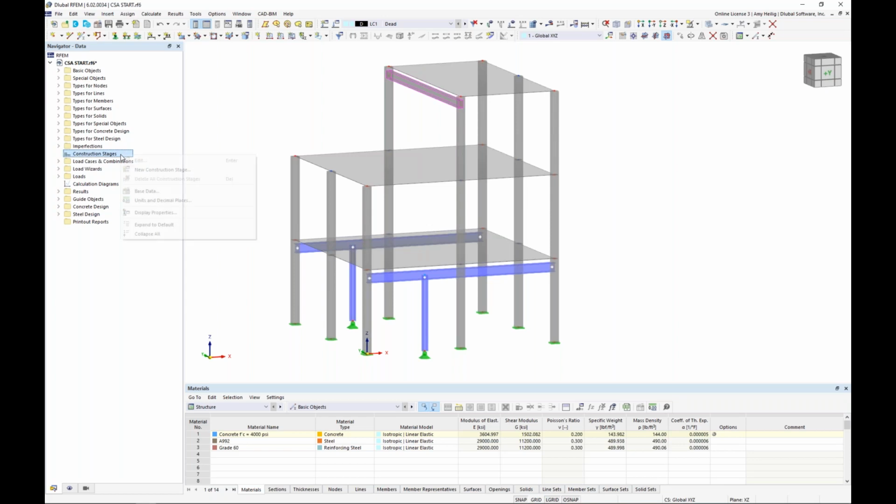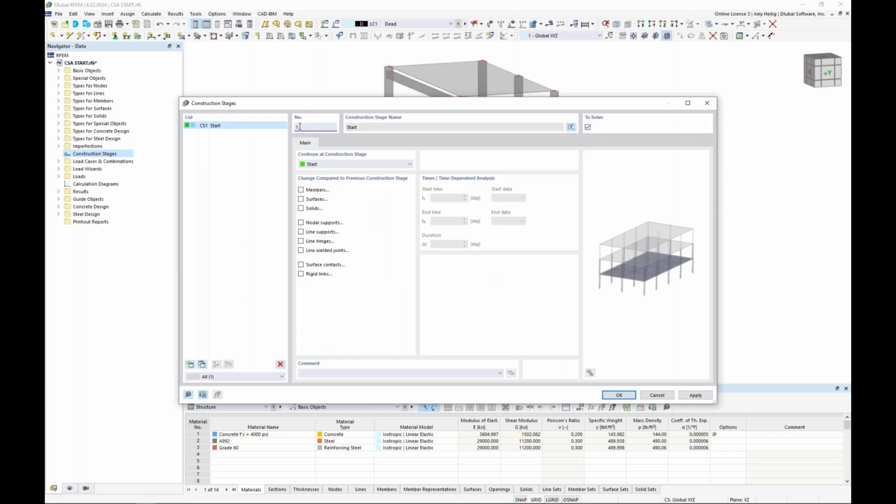So we will start here by right-clicking to create a new construction stage. And you can see the program defaults construction stage number 1. It gives it the name of start. We can override that name if we'd like, but we need to tell the program which elements are active for this first stage. So we'll begin with our members, our surfaces, as well as our nodal supports, and we get